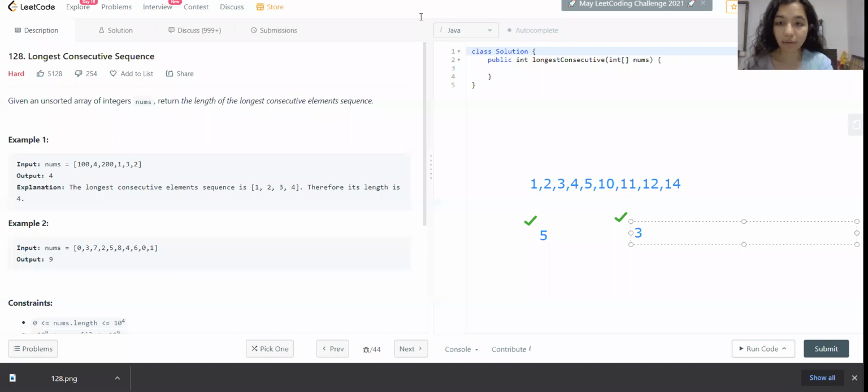And after that, finally, we have our final sequence, which has length 1. So what we have to return is the max length, which is 5 in this case. So I hope it is a little bit easier now, but let's try to understand with the given example once